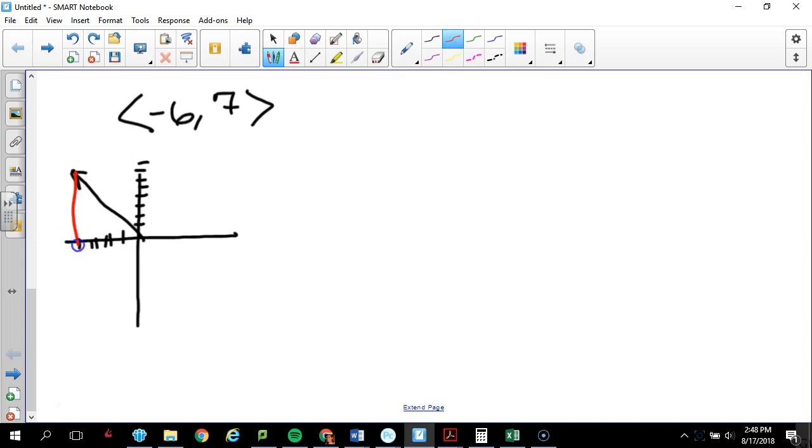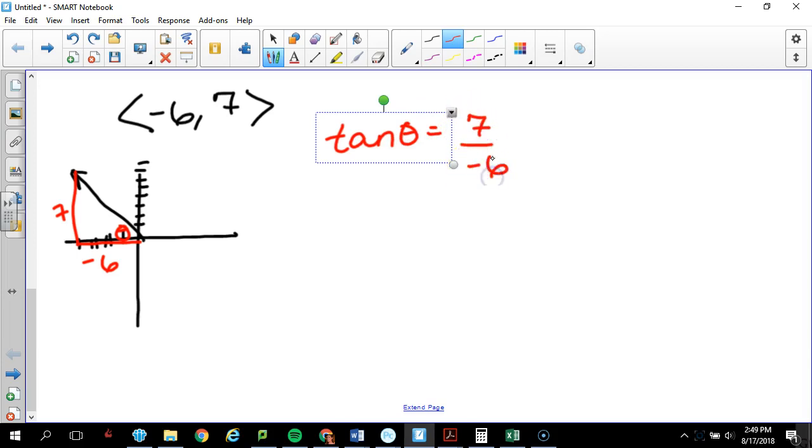So from here to here, this is negative 6 and this is 7. And again, here's my theta because it's always the angle touching the x-axis and the origin. So I have tangent theta equals 7 over negative 6. So then I have theta equals tangent inverse 7 over negative 6. I'm going to put that into my calculator, and I'm going to get back negative